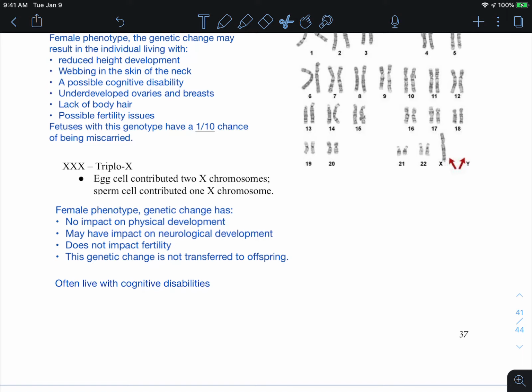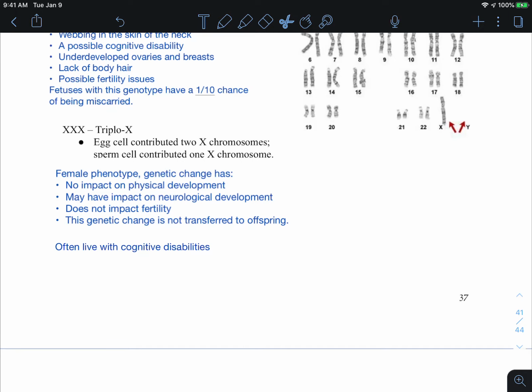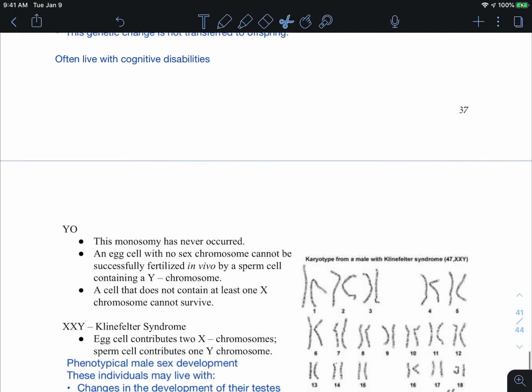And I did have here living with cognitive disabilities, which is the same as what I said there about neurological development. Oh well. Anyways,